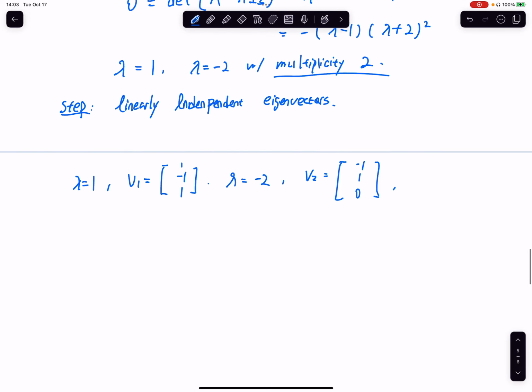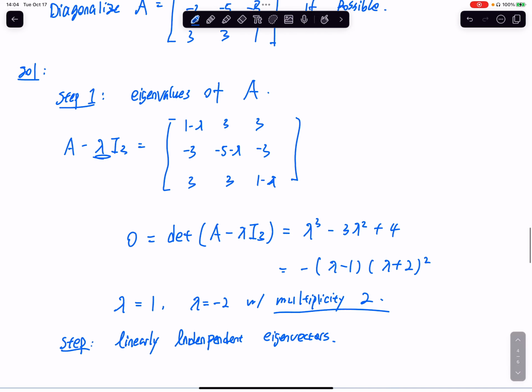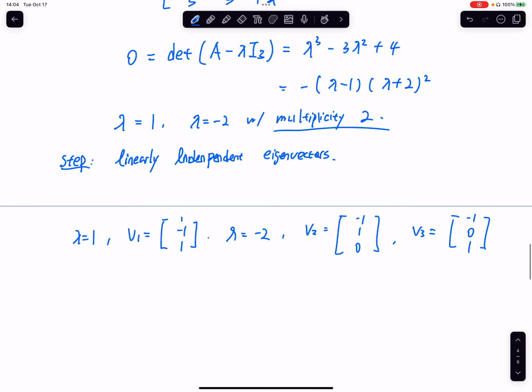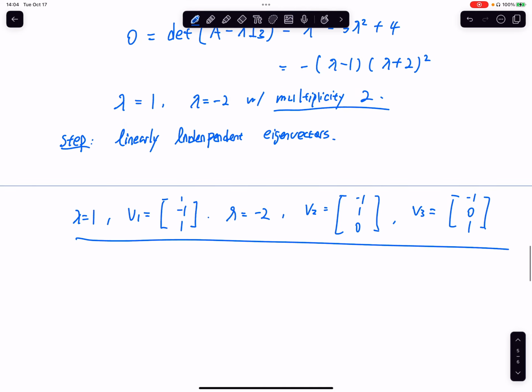And of course, we have v3 equals minus 1, 0, 1, since it has multiplicity of 2. We have two eigenvectors here. And so the calculation of these 3 eigenvectors could be left as an exercise, as well as checking that these 3 are actually linearly independent. So we skip this